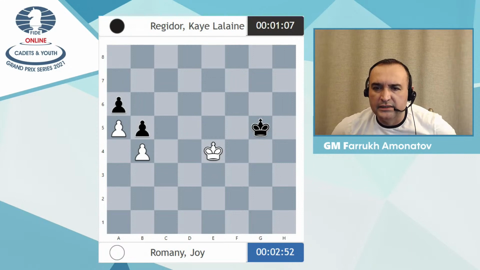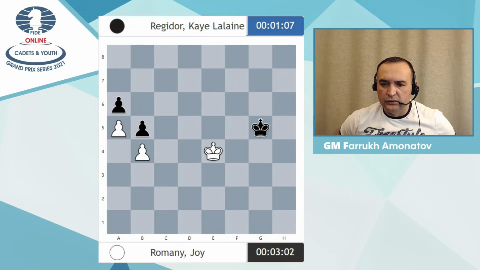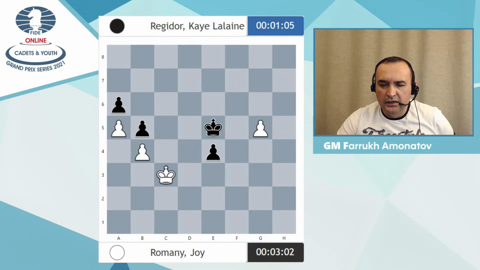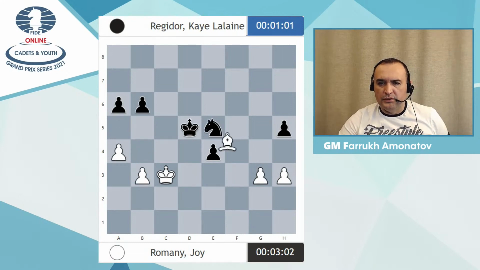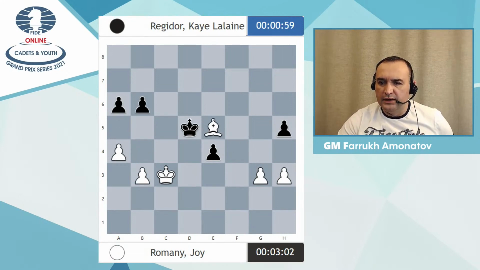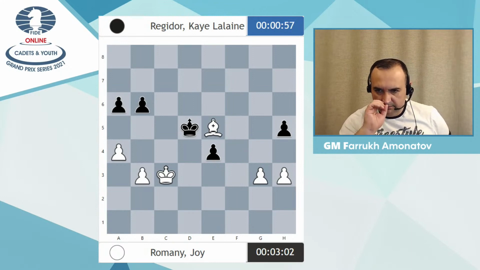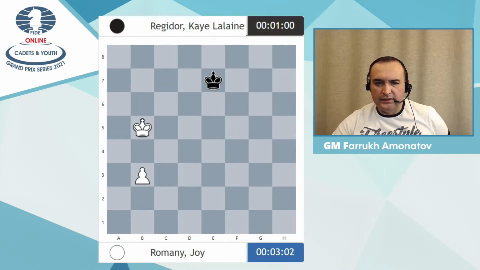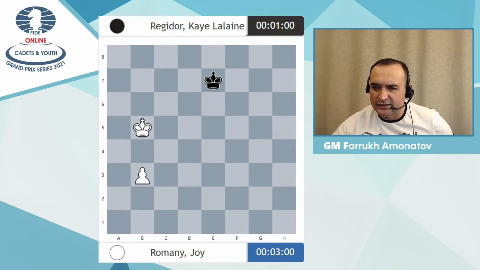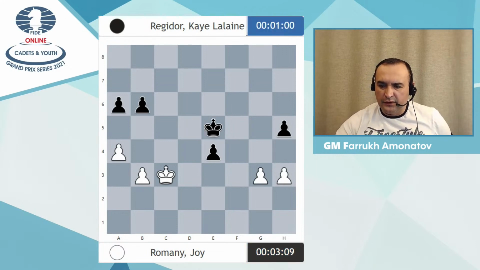Romani Joy against Regidor Kane, and Romani Joy really calculated very well. So he took on e5. Very important decision. Very important decision. Okay, so let's check how it was in the game. Oh, right now the position is like this. Okay, let's check anyway. Bishop e5, king e5, king d2,